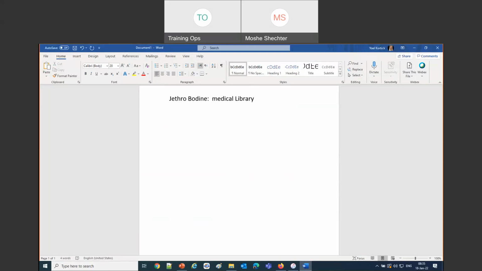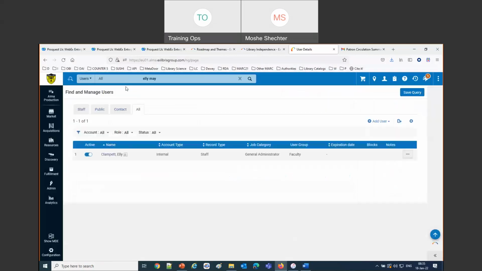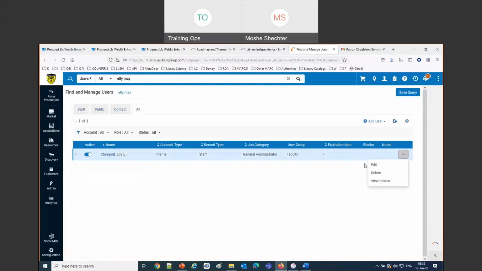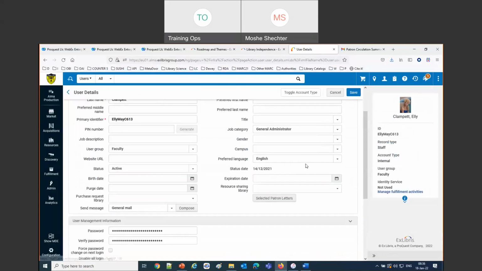Then we have another staff user, Ellie Mae Clampett. And let's go see Ellie Mae. So Ellie Mae Clampett is associated with the law library.